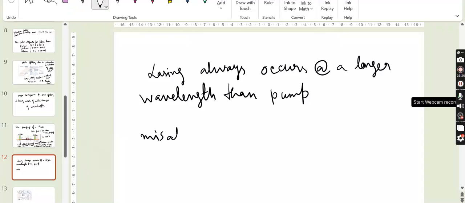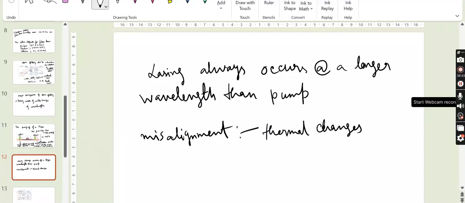So, as I say, there is a guideline to how to handle the fiber. You know, the thermal changes cause physical